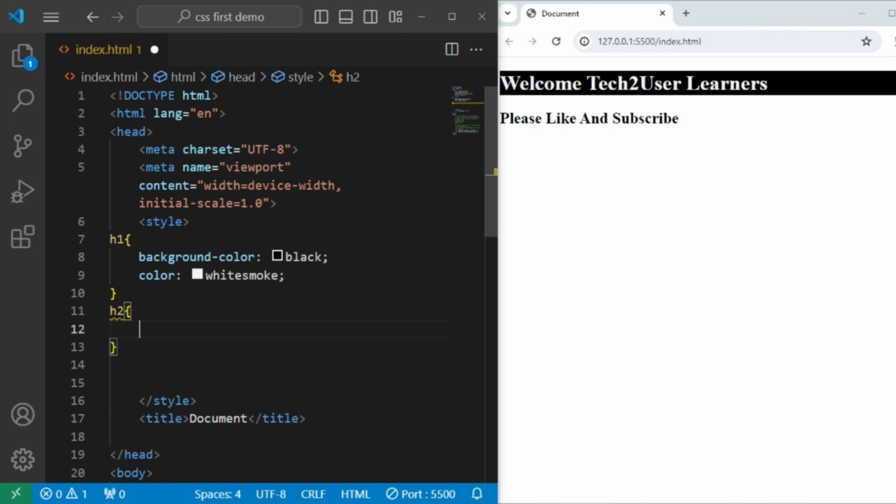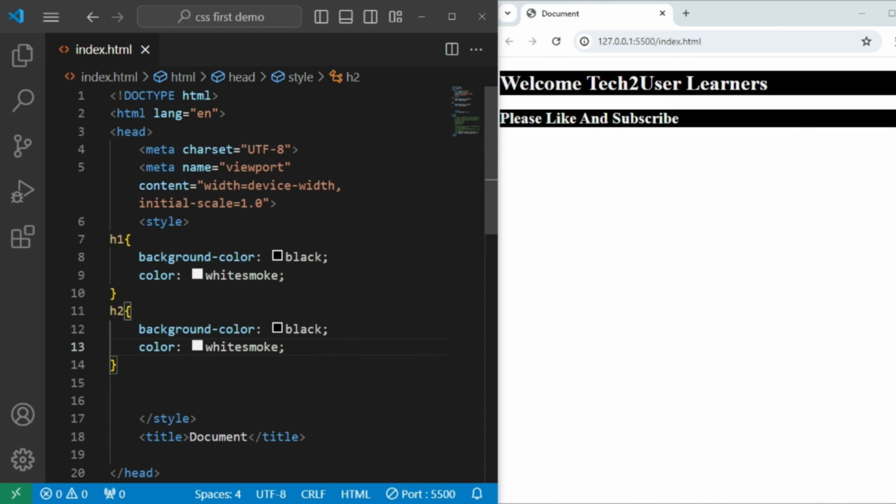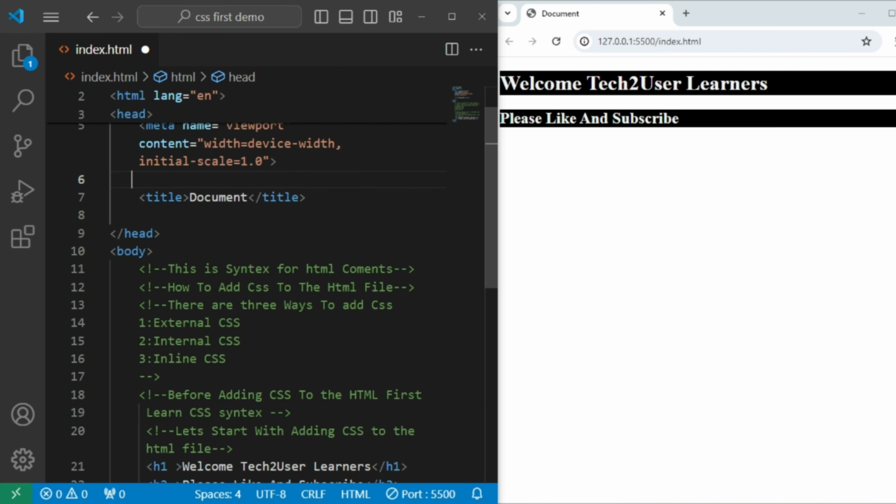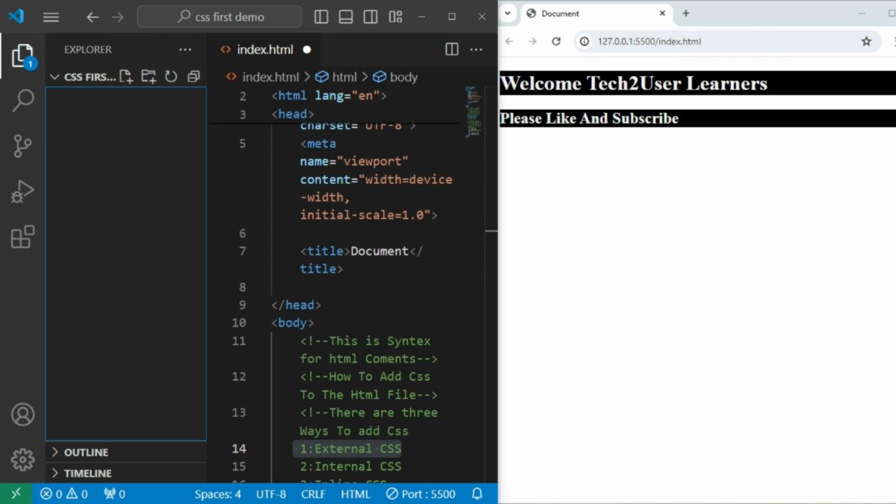If we press Ctrl S, it will automatically reload the page, and you can see here welcome to user learner becomes a black background and white is the color for the text. So this is the internal CSS.